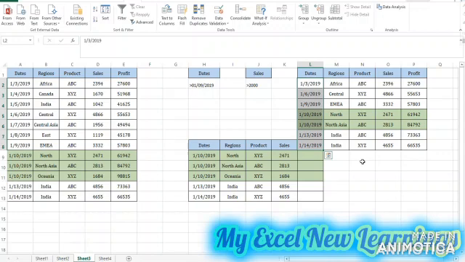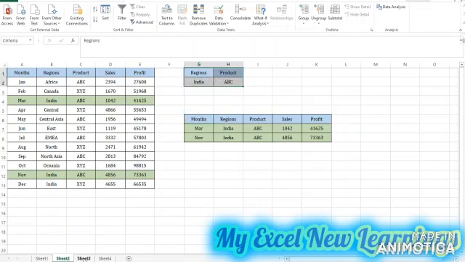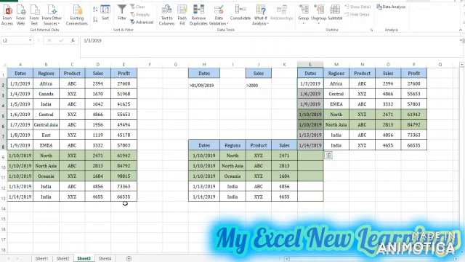So you can use the advanced filter for greater than for the dates, or smaller than for the sales or profit. So we have now seen 3 options of the advanced filter. One is for single criteria, the second one is for multiple criterias, and the third one is greater or smaller or equal. So now we will see, the advanced filter should give us the data to the other location. It has to pull the data as per our criteria, and it should paste to the other location.